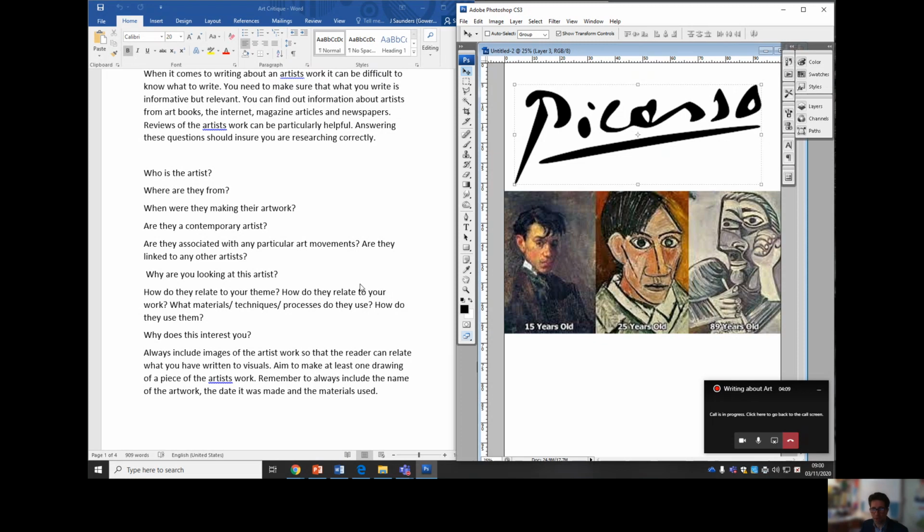When you're writing about Cubism and Picasso, it's important to select an image of his. I would suggest a still life at this point in time, because we're doing still lives and it will connect easier. Put the image next to the text. Imagine you're reading a magazine; they often have a little image referred to in the text. Always put the name of the artwork and the artist underneath it, and the year is also important.